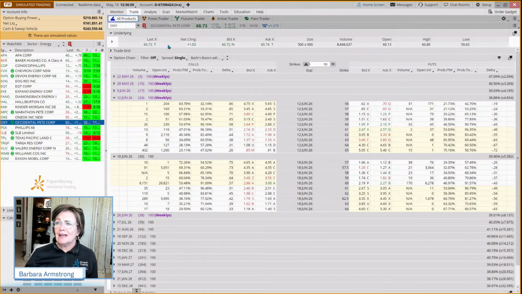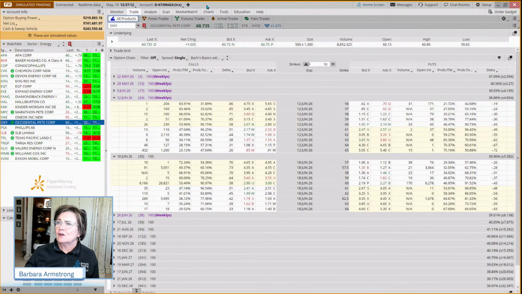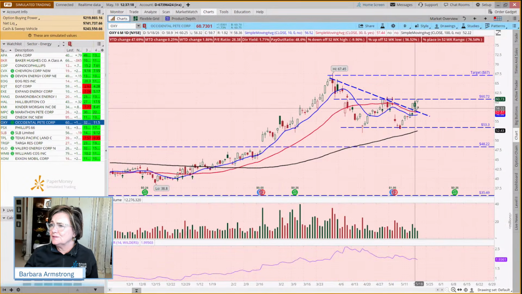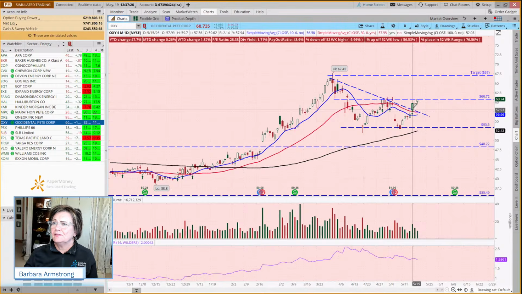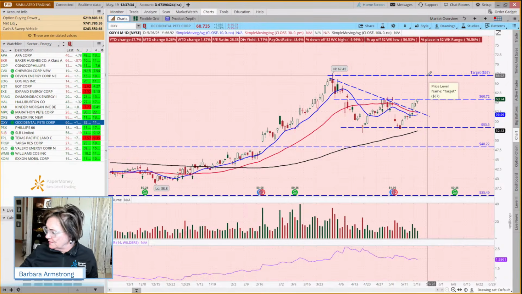Okay. But I didn't want to miss placing an example trade. I was always trying to mimic what the instructor was doing in paper money. So our target is on this one, 67. And our exit on this is going to be today's low, like if we're using this line here, say around 58, 57, 56. So let's call that 57, 56. And just by example, if we went 2% below that, it would be 56.40 for our stop.